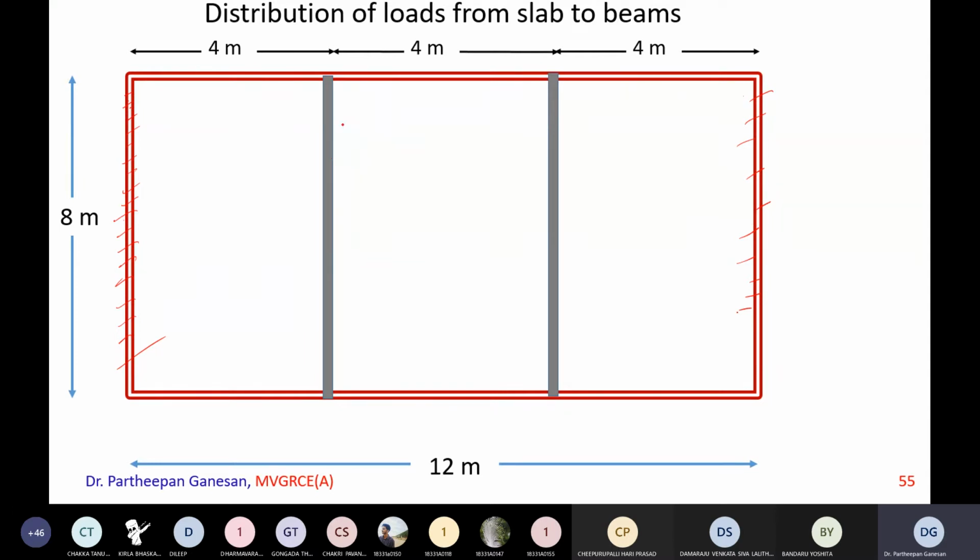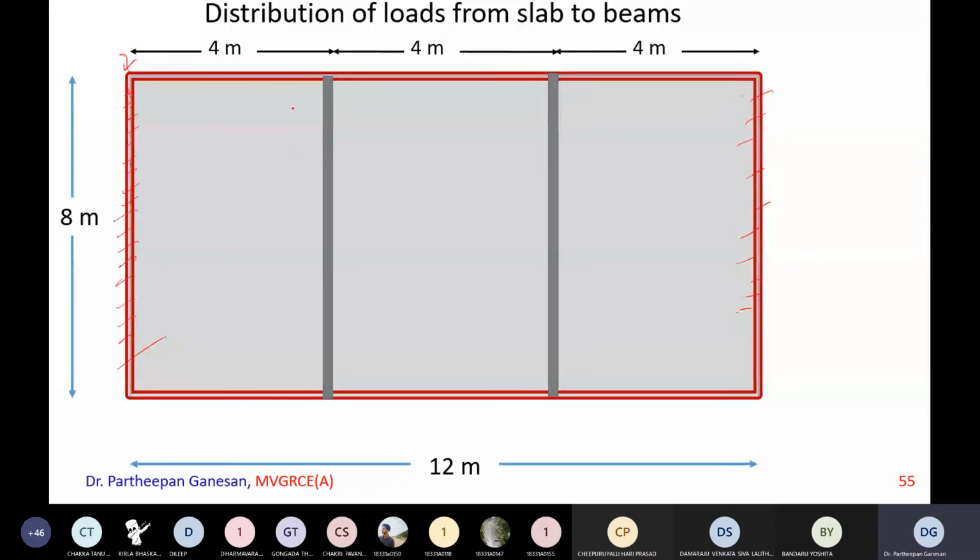See, this room, if you want to put a slab, obviously I cannot put a slab for 8 meter by 12 meter without any support. You have to provide support. So I have provided a beam at the distance of 4 meters. So every 4 meter has one support. Now you can place the slab like this, right? Now what happens is that this is one support. This brickwork is one support.